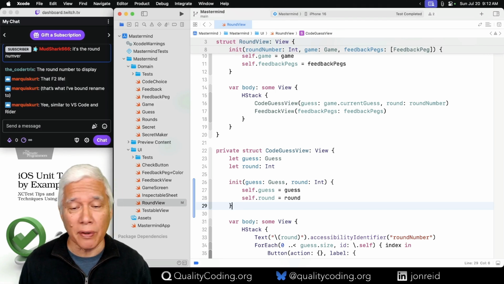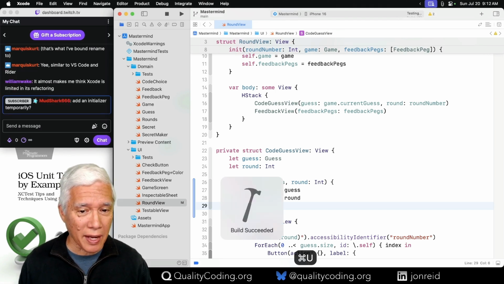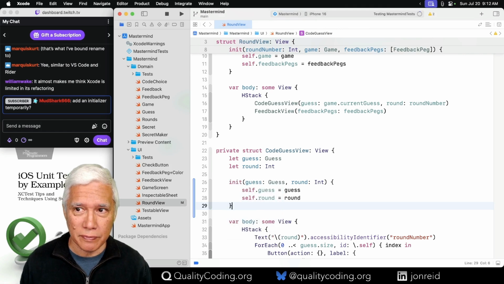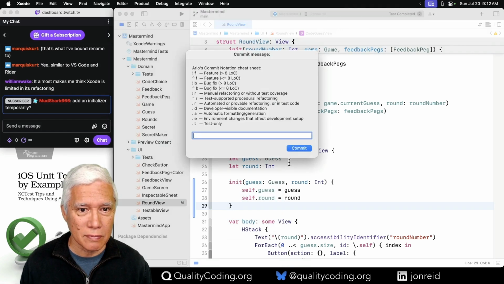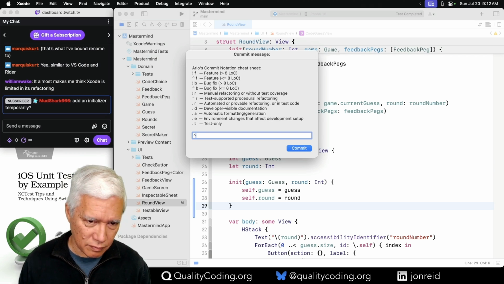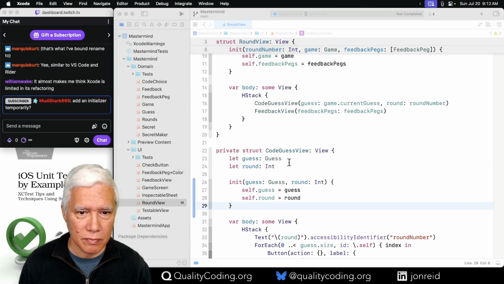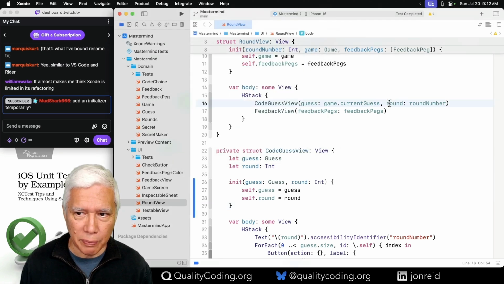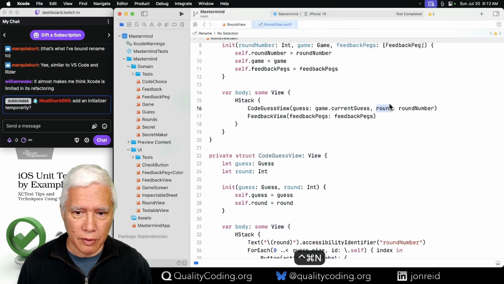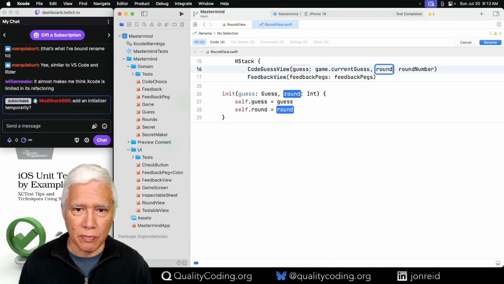Maybe let's do it this way. Let's add the initializer. This is a low risk because if it compiles, I'll call it medium. Now I should be able to do this in stages.